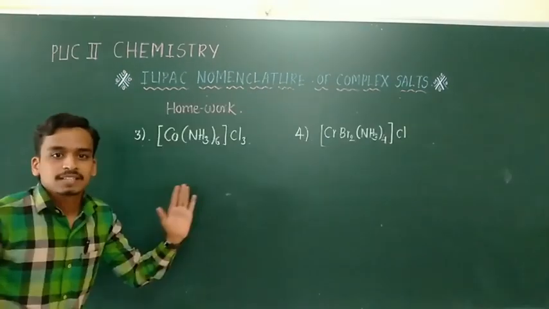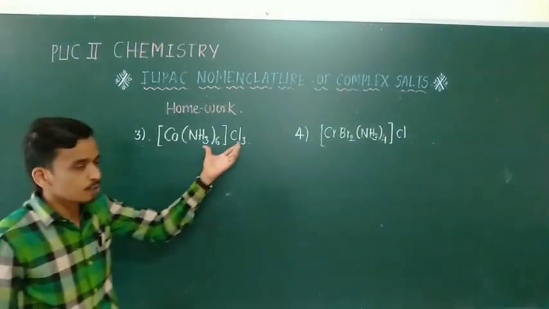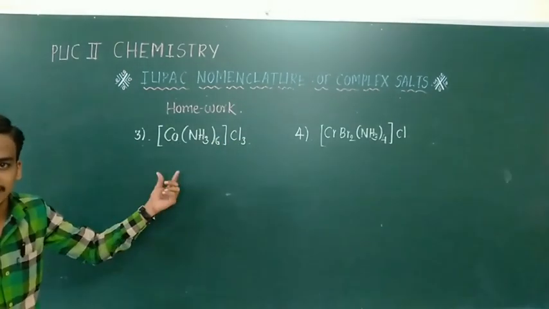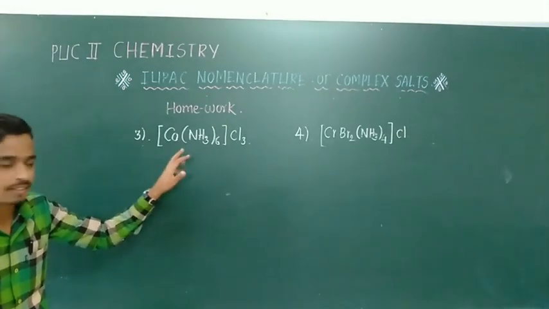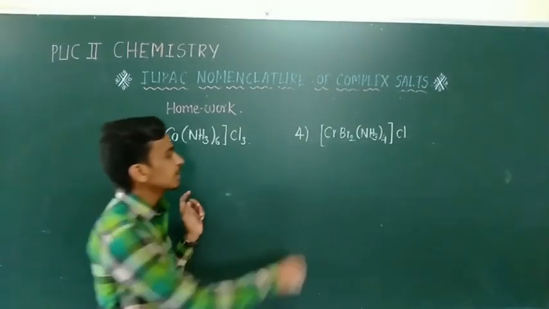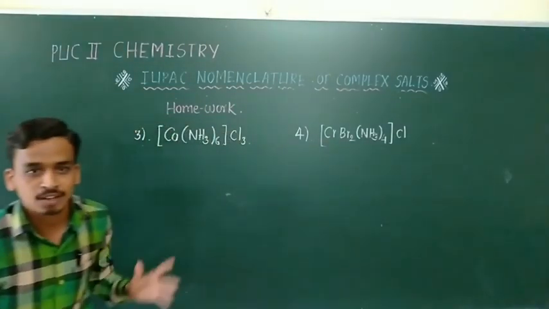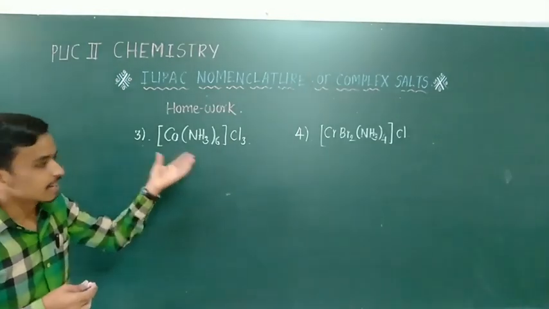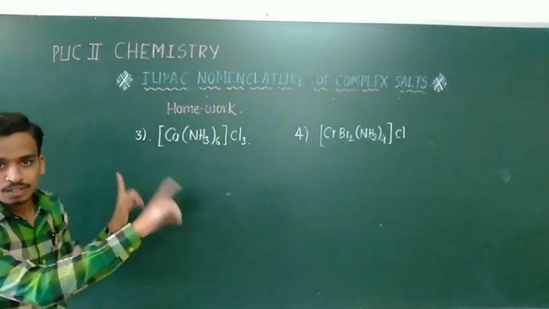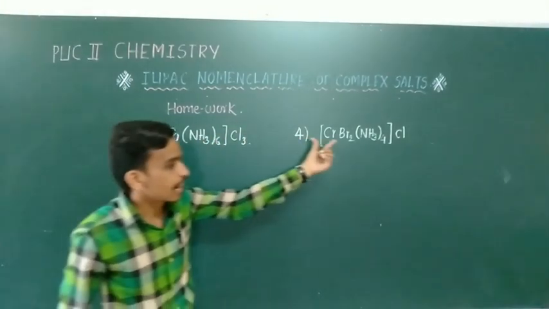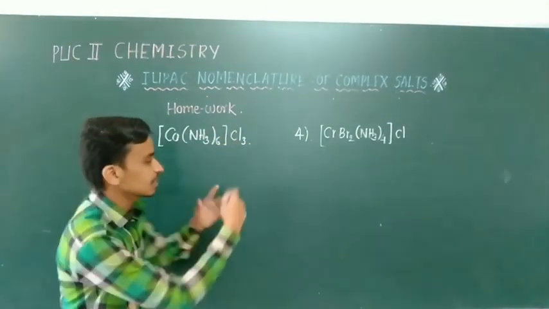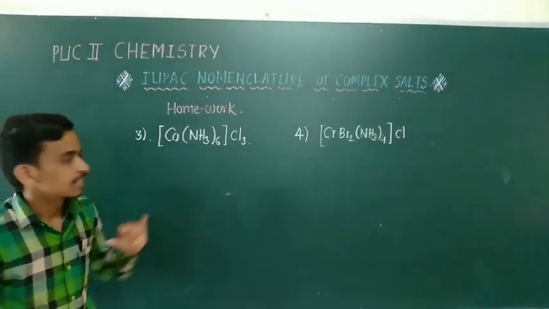Okay, these are the two answers for your homework. Solve this correctly and post only the answer in the comment section. The calculation of the charge we don't want. We want the final IUPAC name of complex number 3 and similarly complex number 4 in the comment section of this video. Okay, thank you. And in the next classes we are going to consider the next type of these complexes. All the complexes you have seen here are cationic complexes. Therefore in my next video you can expect the anionic complexes. How to name those anionic complexes is studied in the next videos.